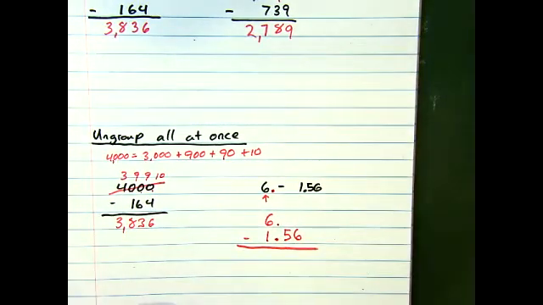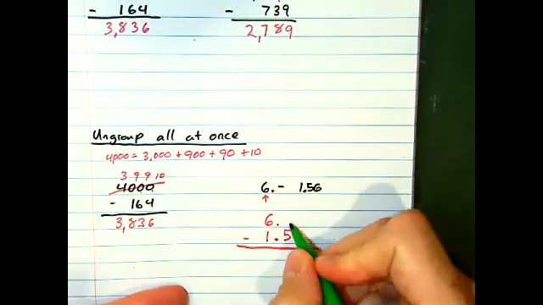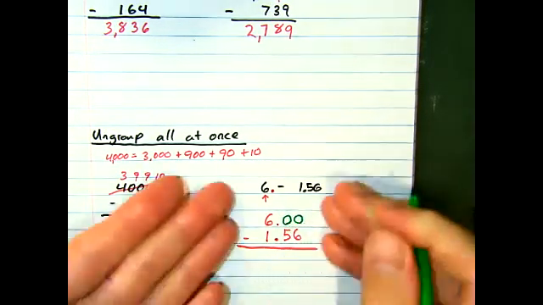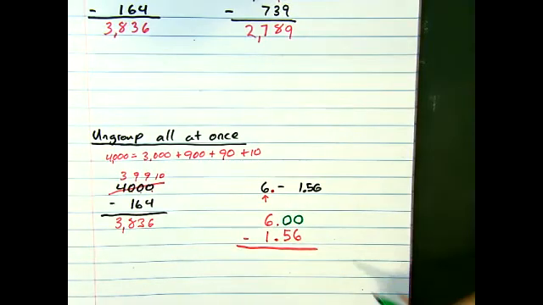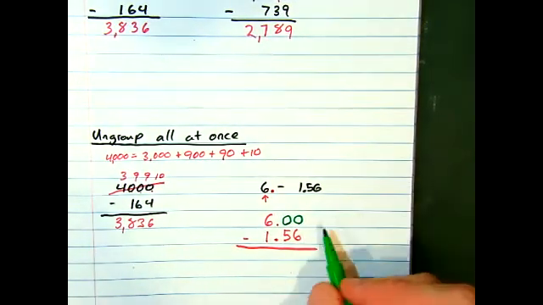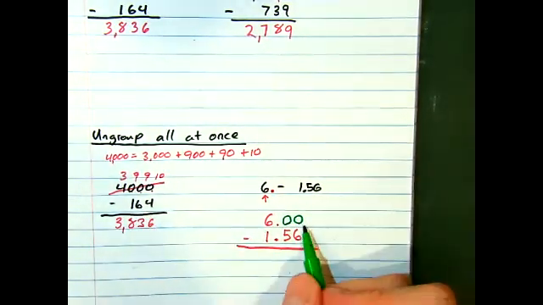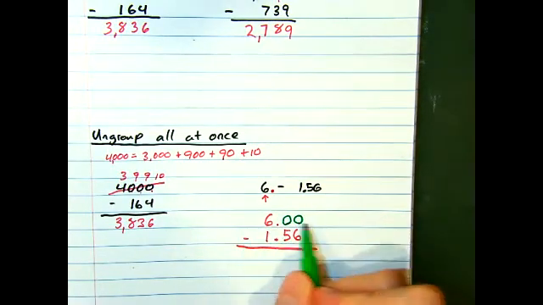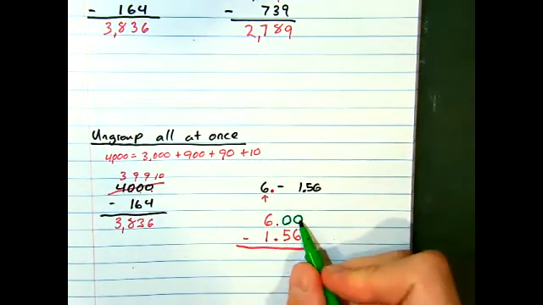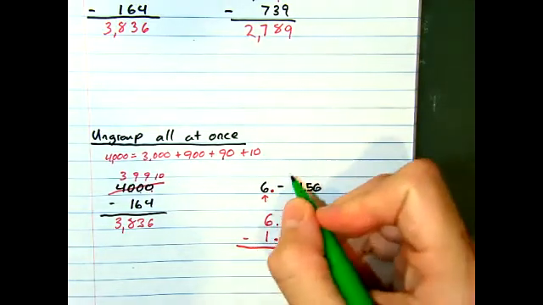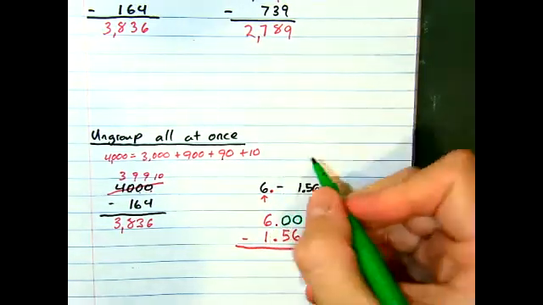What is missing? Let's put in some trailing zeros, just so we're nice and even and organized. And let's go through. Now, let's use that same method. I'm going to borrow across the whole amount. So I know I need 10 here. So let's write this up top. Let's say